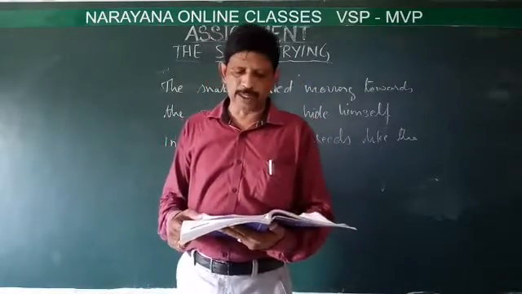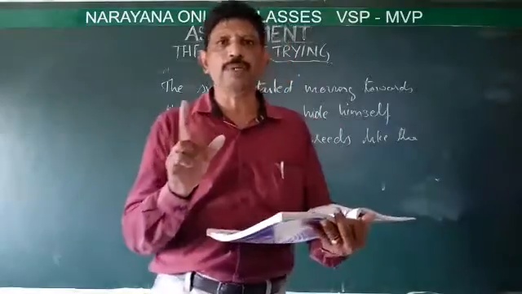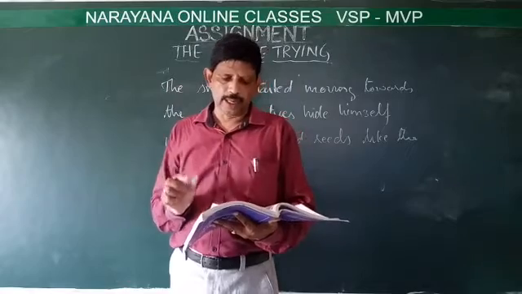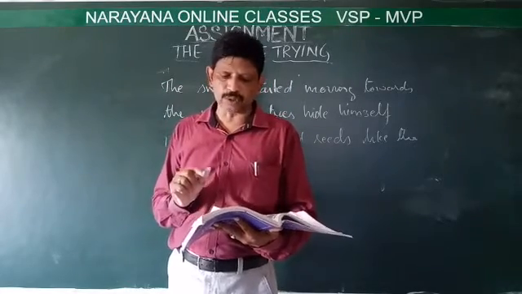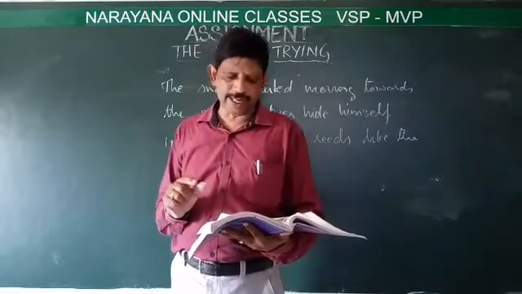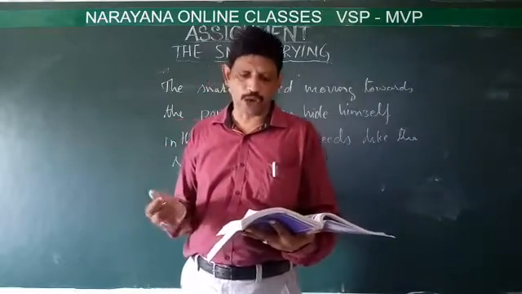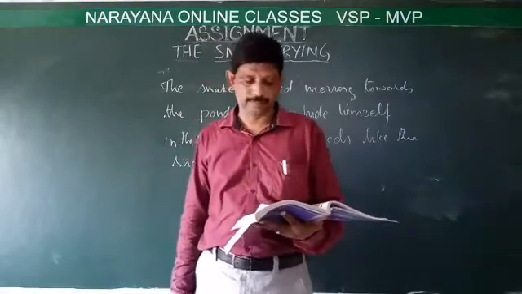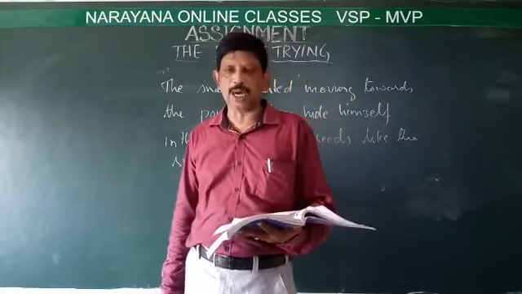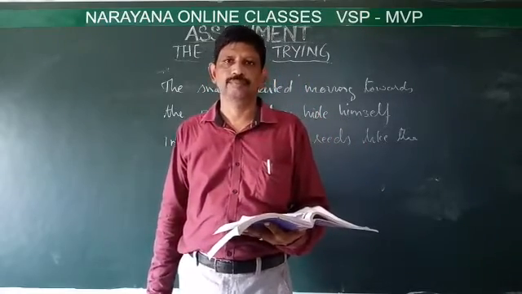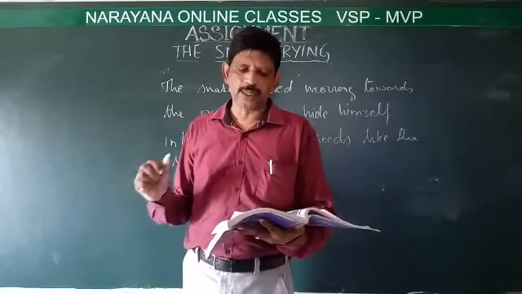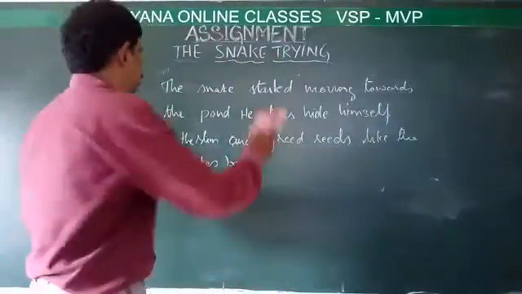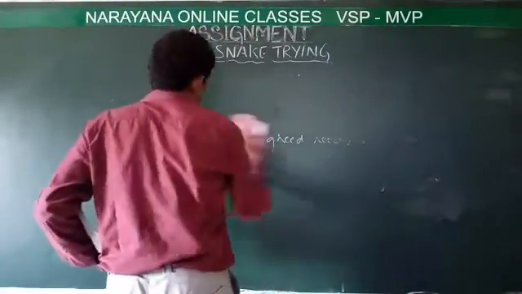Does the poet support the person with the stick? The poet does not at all support or approve of the person who intends to kill the snake with his stick. He does not find any reason why a harmless, non-poisonous, beautiful and graceful snake should be put to death. He wants the snake to be spared and allowed to live. So the question is, does the poet support the person with the stick? No, he did not support the person with the stick.